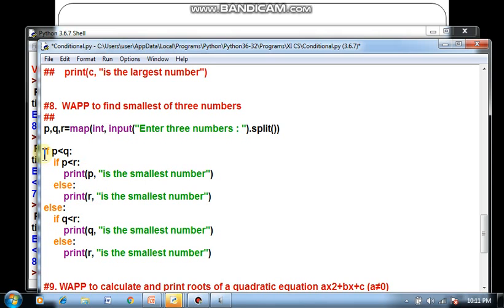So look at this, within this if-else true part, we are adding another if-else. To the false part also we are adding another if-else. So if P is not less than Q, control comes to this area. So again we are checking Q less than R. If that is the case, Q is the smallest, otherwise R is the smallest.